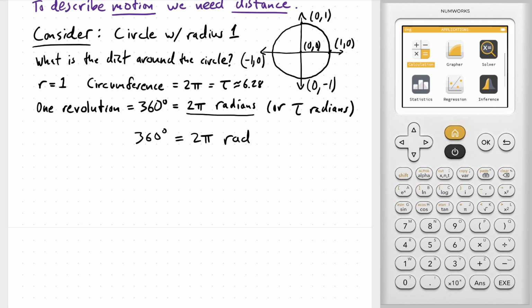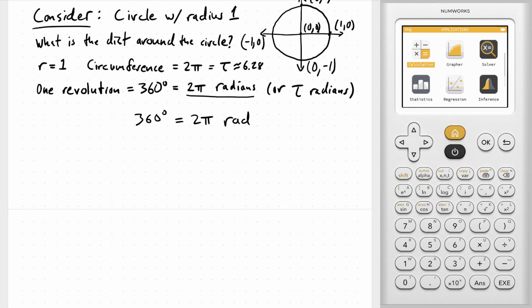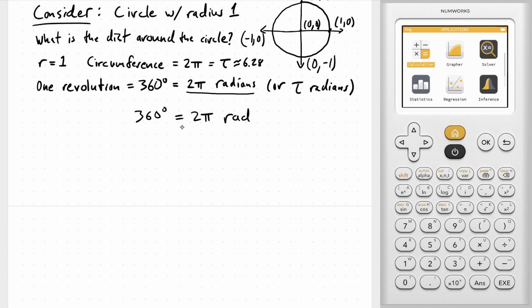Let's take this in two directions. First of all, we can write that as 360 degrees, and I'll abbreviate it DG, is equal to 2 pi